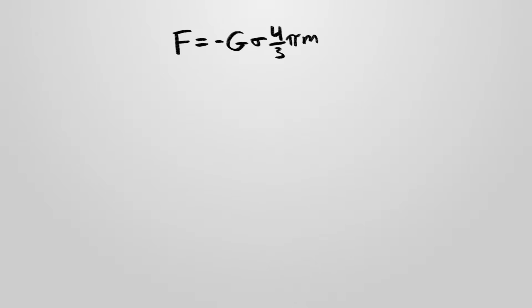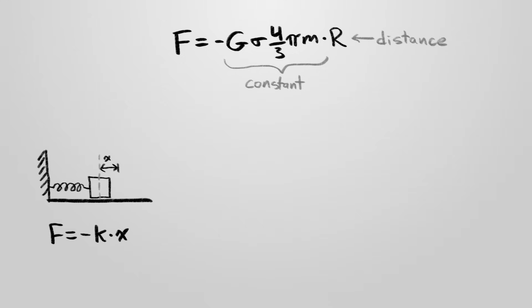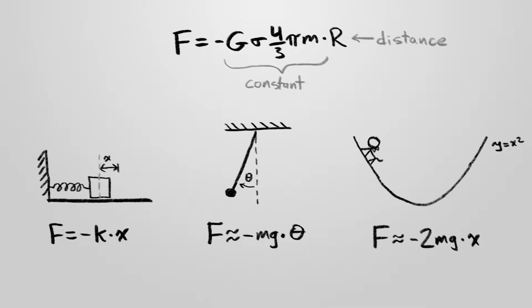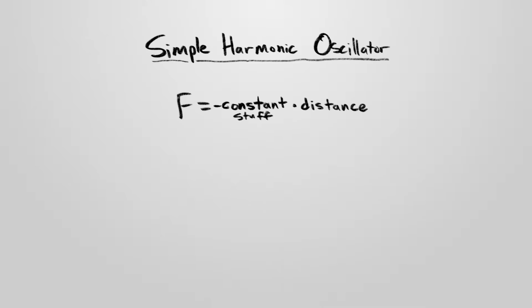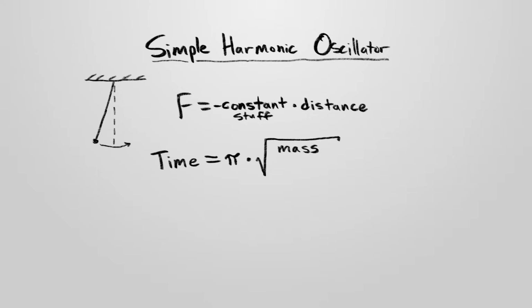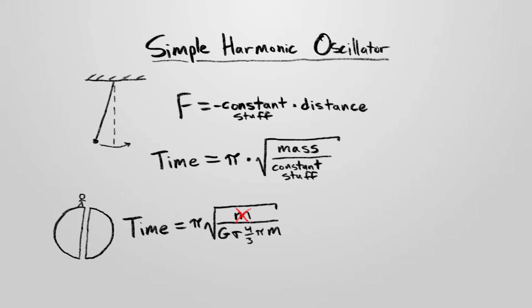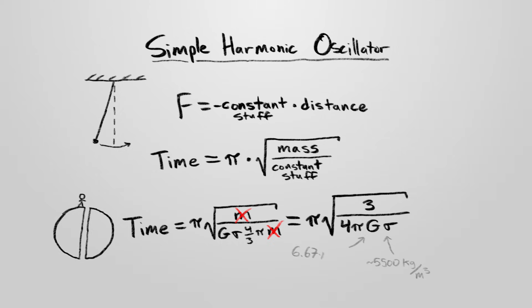The exact same equation, some constant stuff times a distance, also describes a mass on a spring, or a simple pendulum, or a cat in a parabola, and from studying those equations we know that the time taken by the moving object, whatever it is, to go from one side to the other has a simple formula. Pi times the square root of the mass divided by the constant stuff. In the case of falling through the Earth, your mass cancels out of the equation, so we just need to put in numbers for the density of the Earth and the gravitational constant to get the answer: 42 minutes to